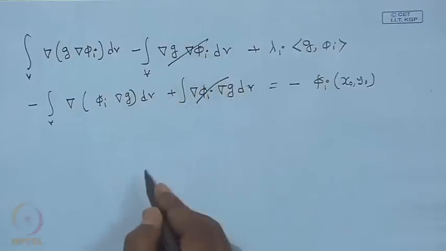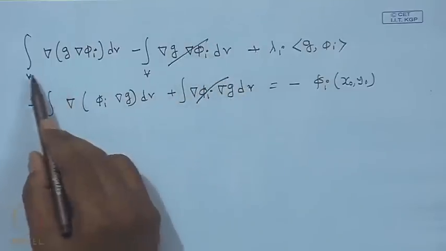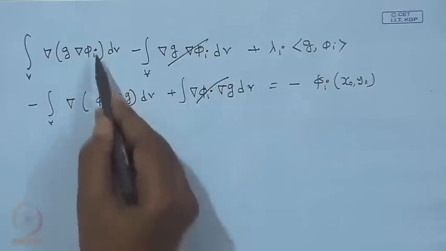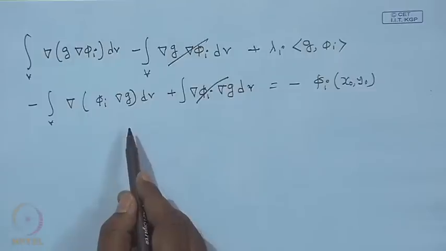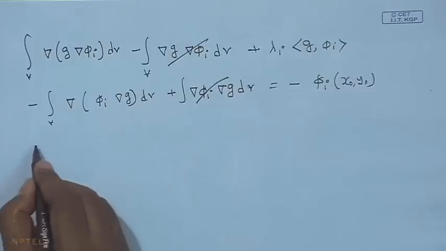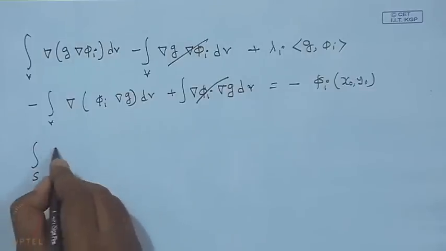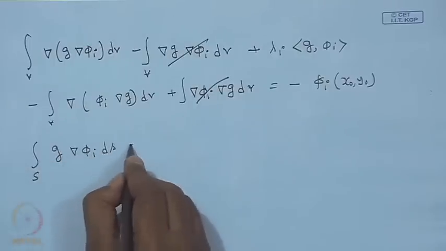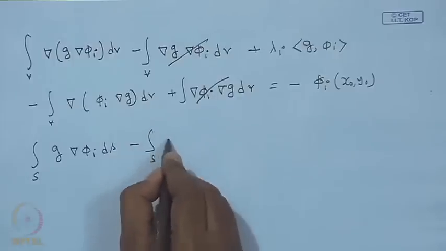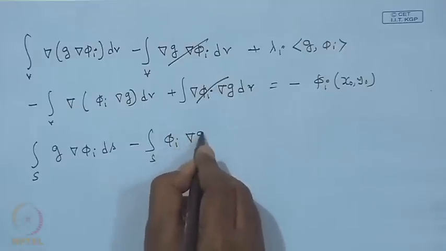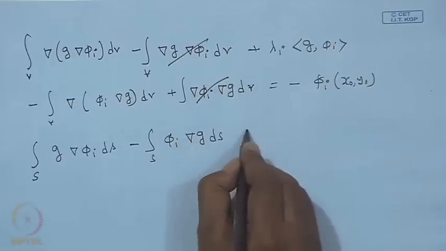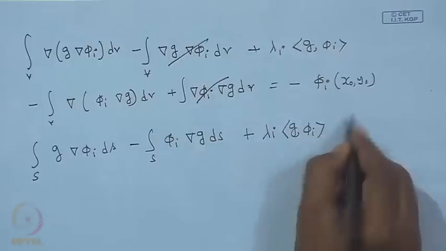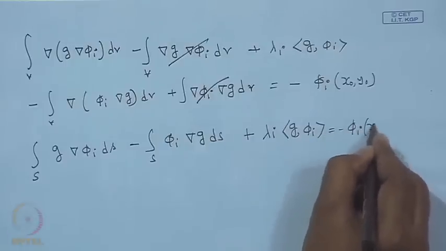So, they will simply be cancelled out. Now, the integration of this is called a Green's integral. This is a volumetric integral, and it can be converted into a surface integral. So, this will be the surface integral of G grad phi I dS minus the surface integral of phi I grad G dS over the surface, plus lambda I times the inner product of G and phi I is equal to minus phi I